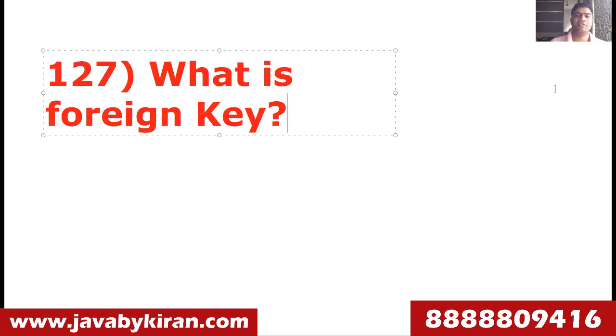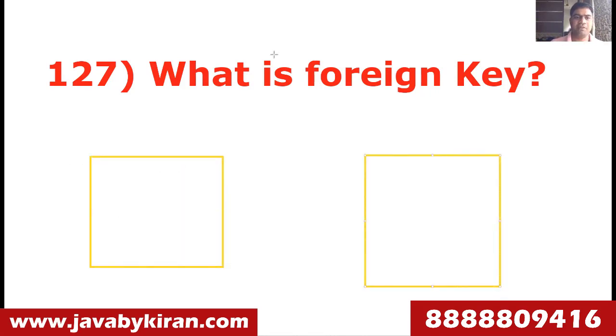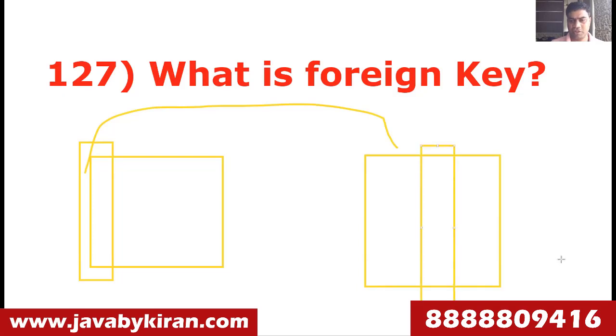What is foreign key? Here you should say, this is one of the columns of a table, which is the primary key of another table. Means this is one table, this is another table, this is the primary key. So this primary key will become a foreign key here. So you should say primary key of one table can be foreign key of another table, or say it's a column in a database table which is the primary key of another table. This will be used for referring to another table.